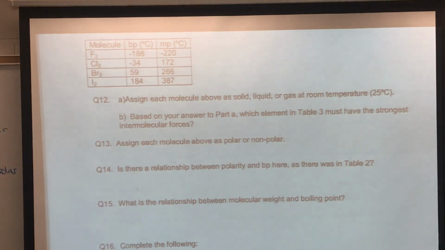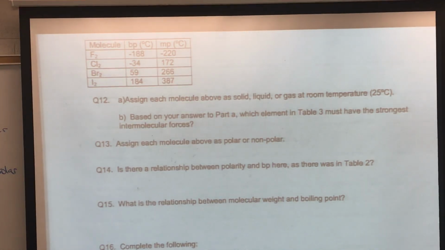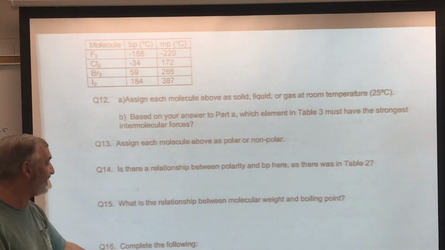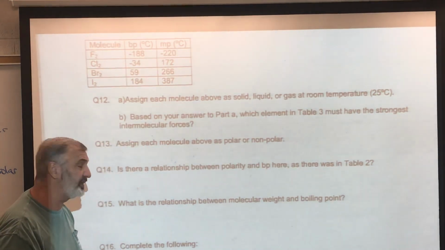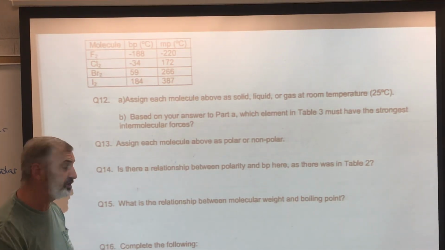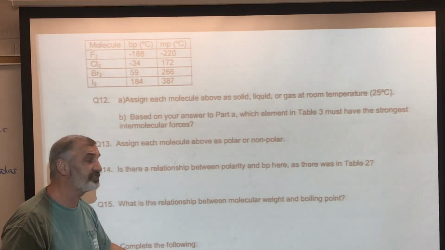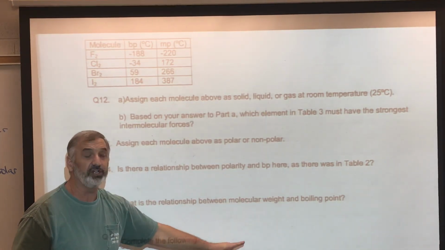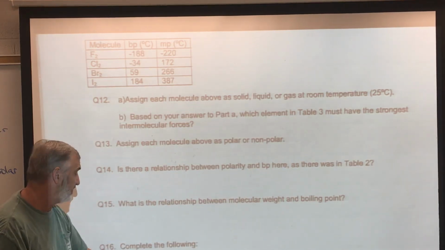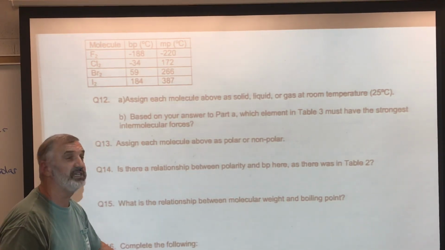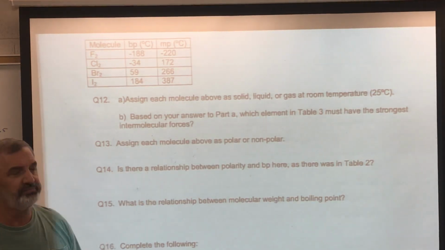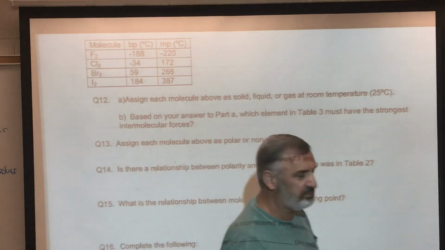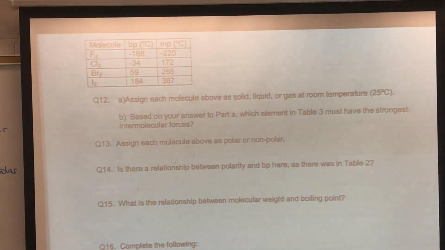So you go down to number 16, and it says, as the molar mass of a compound increases, the strength of its intermolecular forces increases. But the reality is it's not based upon the molar mass. It's based upon the size of the electron cloud. So I would scratch through this on your paper and say, as the size of the electron cloud of a compound increases, then the intermolecular forces increase. Because if you just say it's got a bigger molar mass, you're not going to get your point, which is nitpicky, but AP is very nitpicky on that question.